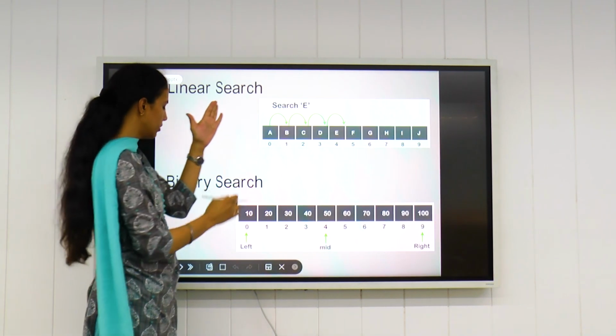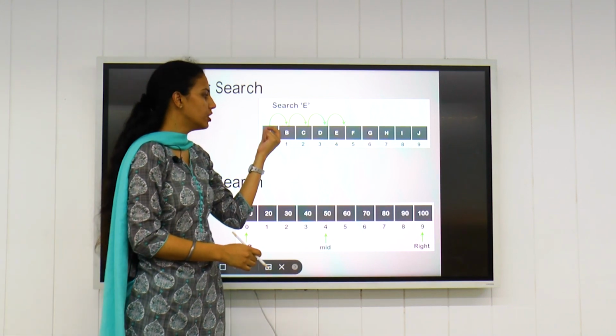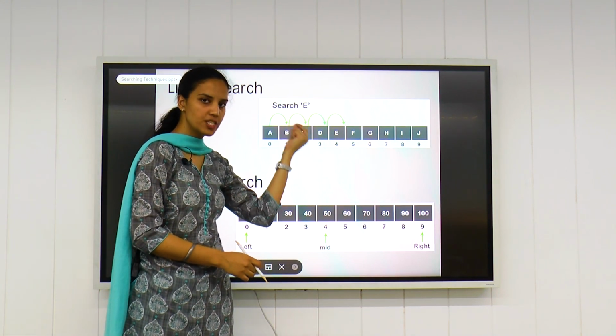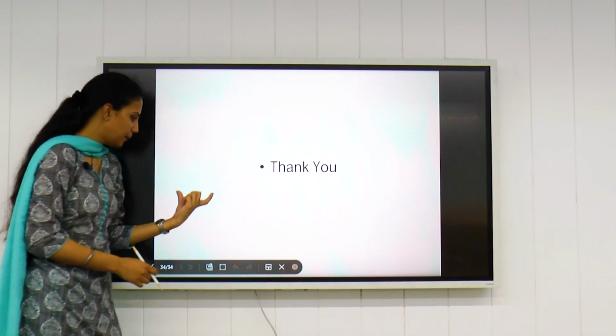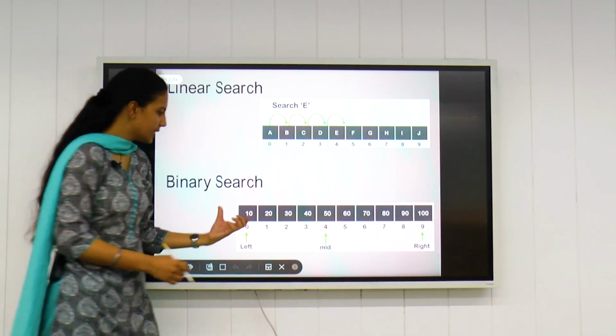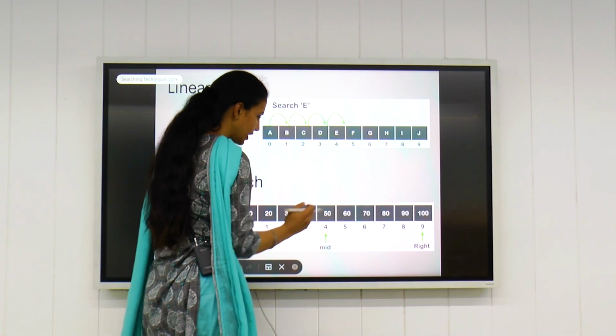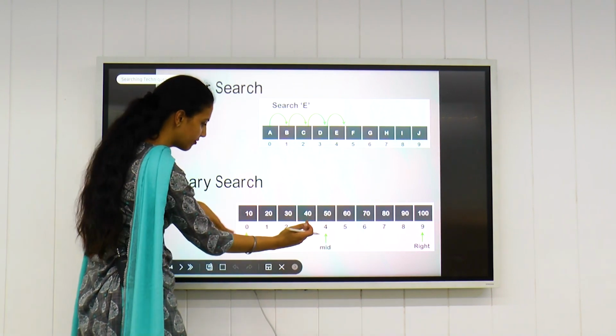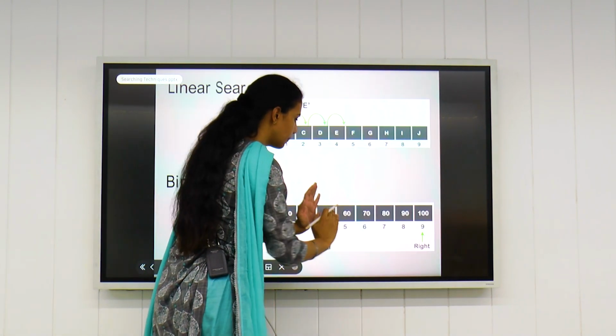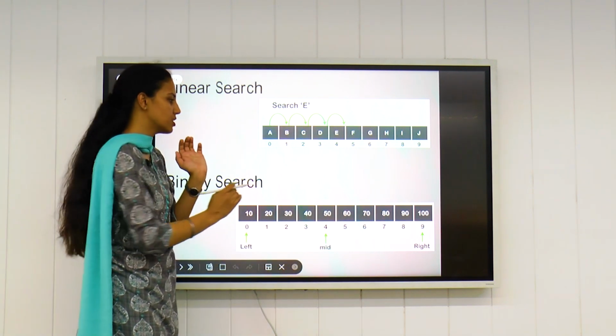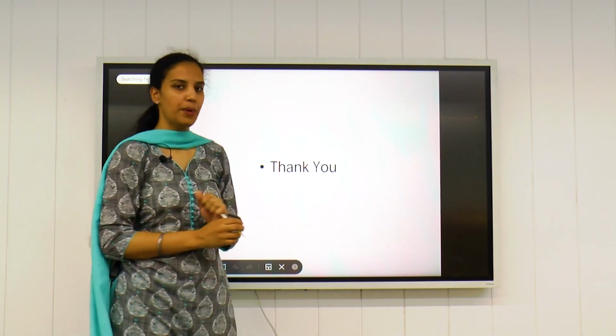So this is how linear search works. We keep on shifting one by one element to the next position and so on. In binary search, we basically take a list and divide it into two parts, smaller elements are at the front, bigger elements are at the back of the list. So this is the whole concept of binary search and linear search.